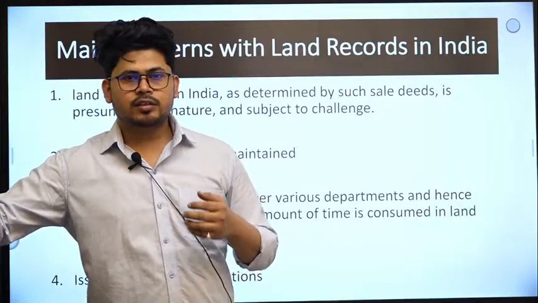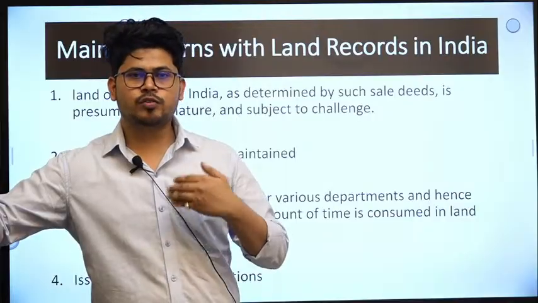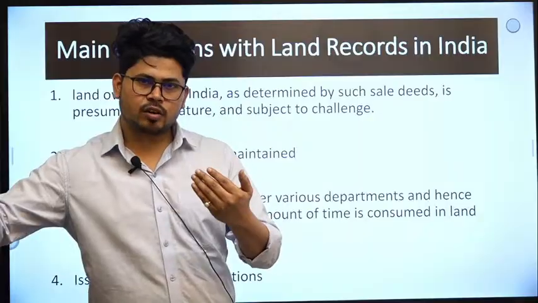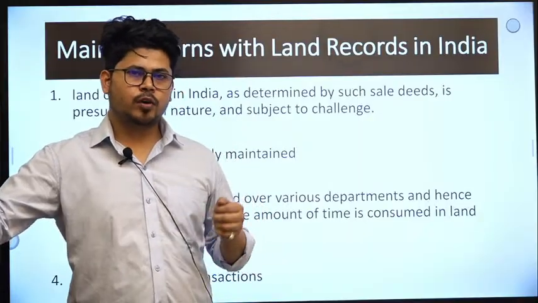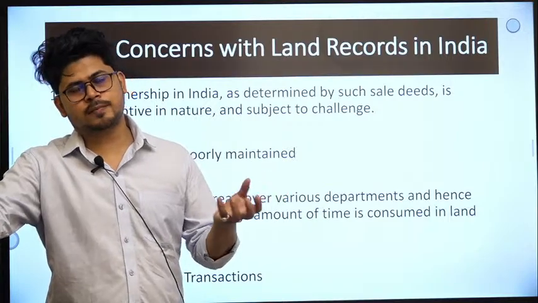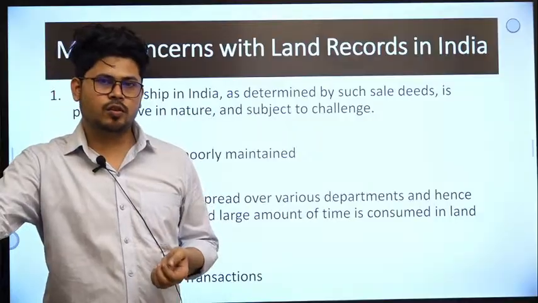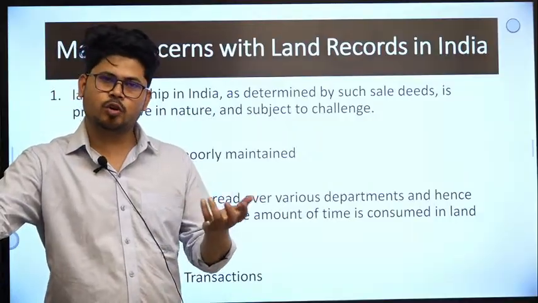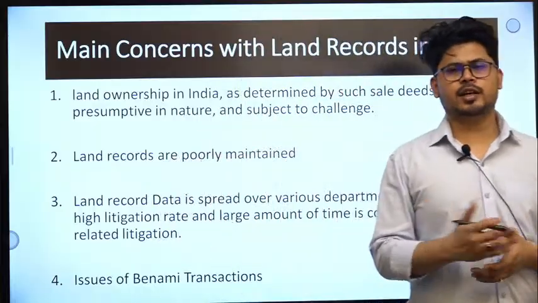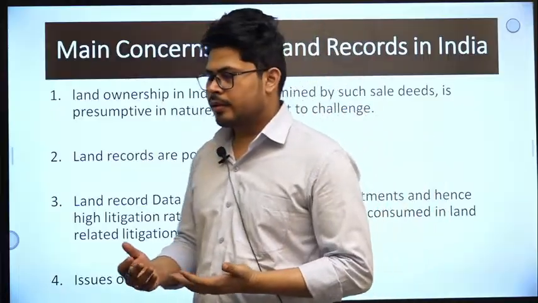एंड द सेकंड वन इज देयर इज नो यूनिफॉर्म criteria or there is a lack of uniformity in the laws related to land transactions. ठीक है, फॉर एग्जाम्पल यूपी में लैंड रिलेटेड लॉ, लैंड रजिस्ट्रेशन के लिए कुछ और लॉज हैं, बिहार में कुछ और लॉज हैं, रेवेन्यू एडमिनिस्ट्रेशन ऑफ जो लैंड है उसके लिए कुछ और लॉज हैं दोनों स्टेट्स में। तो इसकी वजह से दिक्कत क्या हुई? दिक्कत बहुत सारी अराइज होती हैं